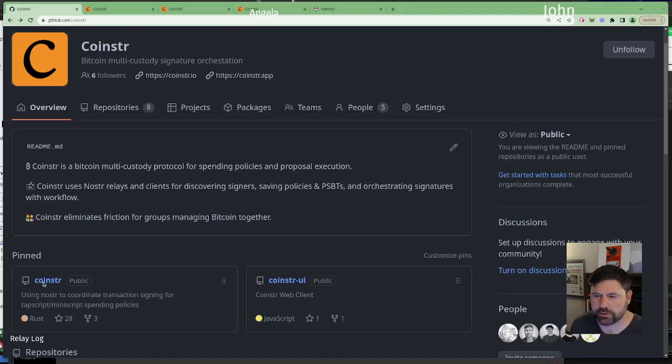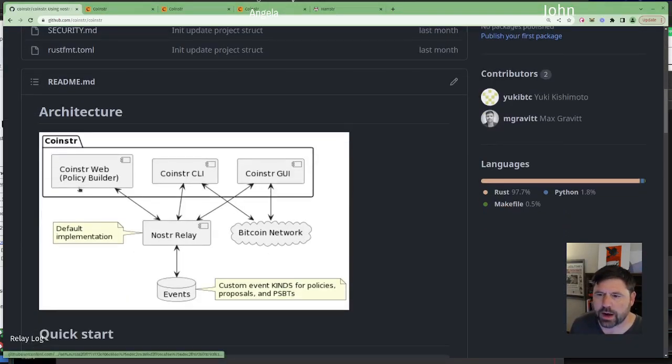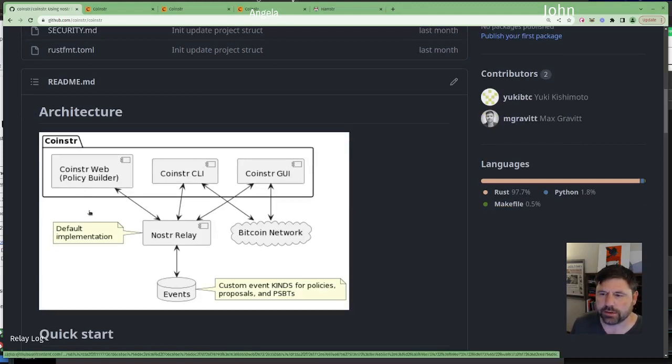Let's take a look at the architecture. Coinstr is comprised of 3 clients. Coinstr Web is a policy builder. There's a CLI built in Rust, and there's also a Coinstr GUI, a native GUI built in Rust using the iced